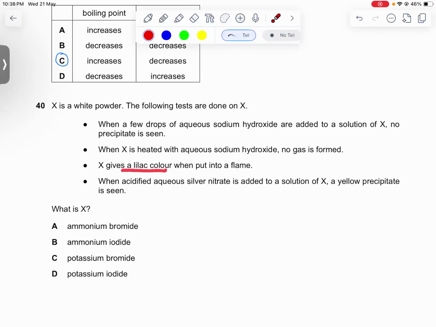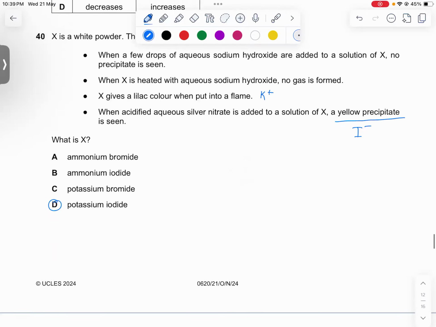X gives a lilac flame. It has something purple, all right? So it has potassium. The answer is C or D. Okay, now let's look. When acidified aqueous silver nitrate is added to solution X, a yellow precipitate is formed. This is confirmation of iodide ion, and this is confirmation of potassium ion. So potassium iodide should be the answer, which is option D. And with that, our answer